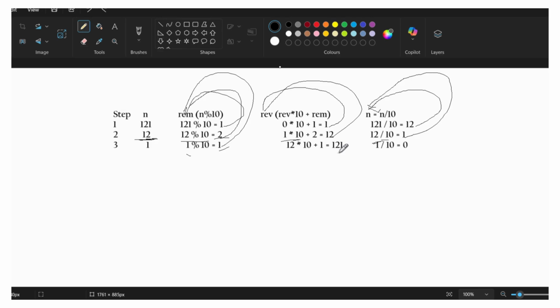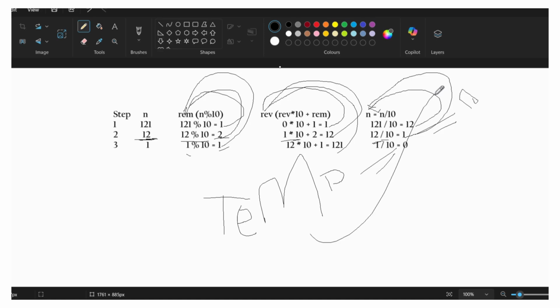It is stored in the reverse. After that we have the temp value stored here. Temp equals reverse. Yes, it is true, then it is a palindrome number.